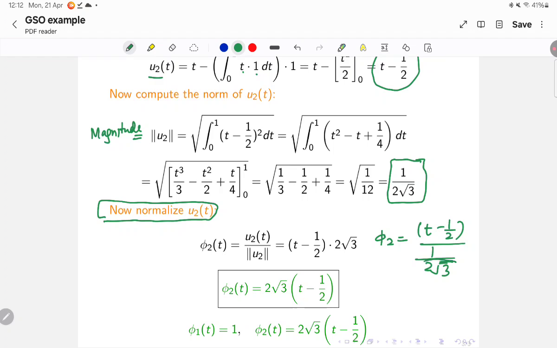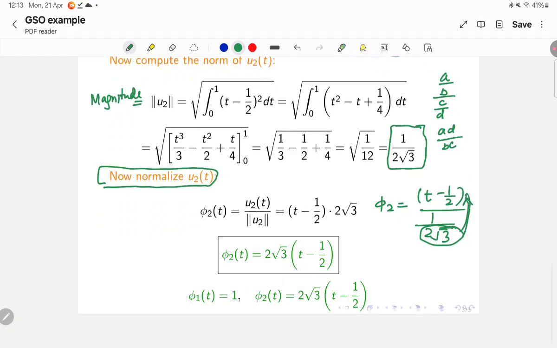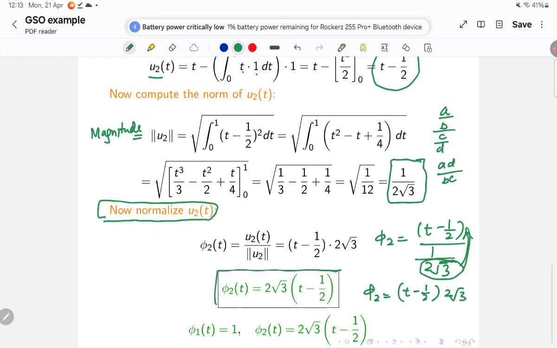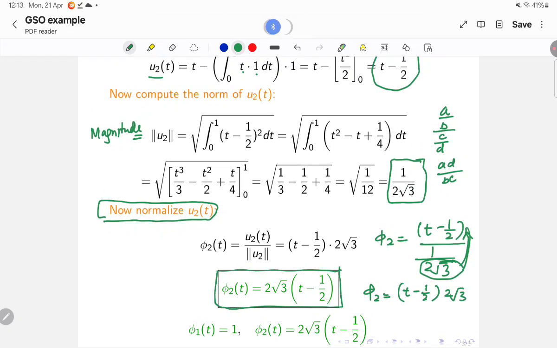So this term, 1 divided by this term, will go upper, because it is like this: a divided by b divided by c divided by d becomes ad divided by bc, so this will go up. So what will be left with you? phi2 will be left as (t minus half) into 2 root 3. So this is written here, this is 2 root 3. Okay, so now finally